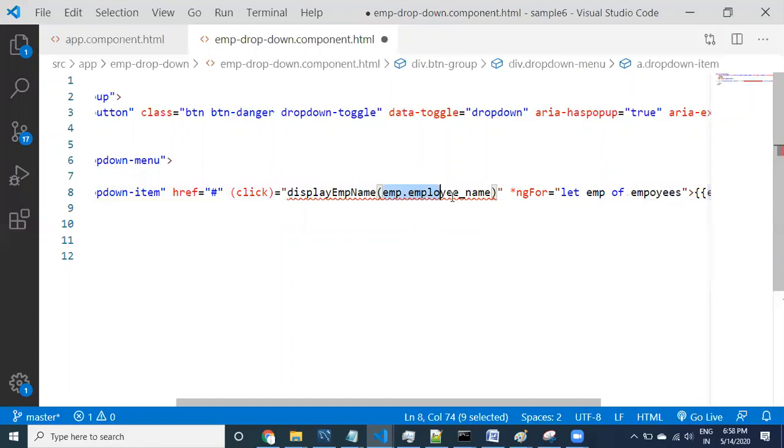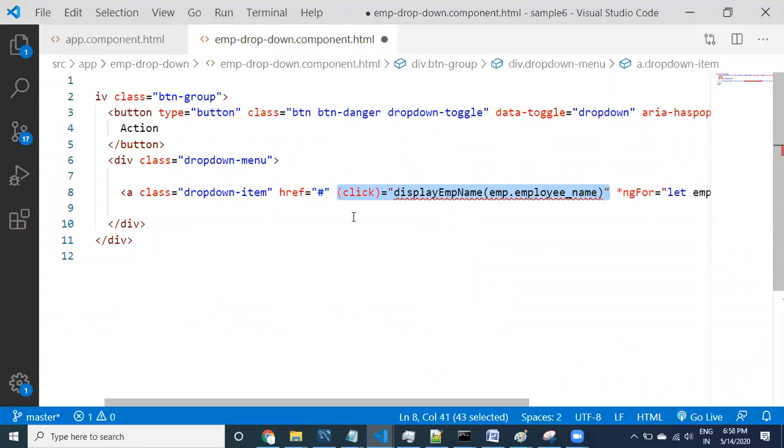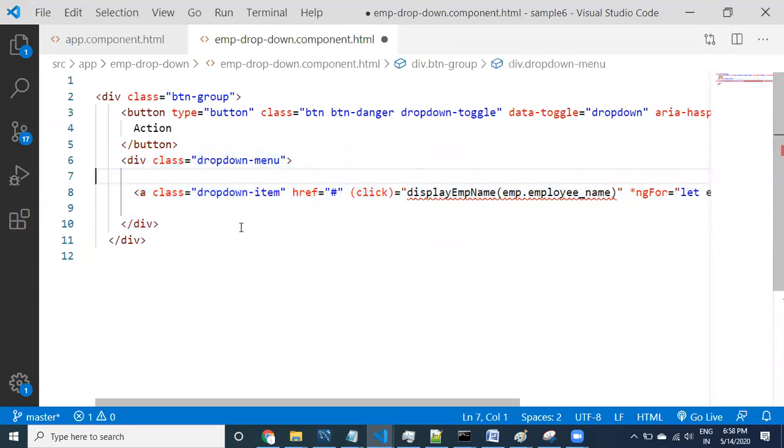So here I'm passing the employee name. This method is going to be applied for every anchor tag, because it is in the loop. If I have 10 employees, 10 anchor tags are going to be created inside the drop down menu.